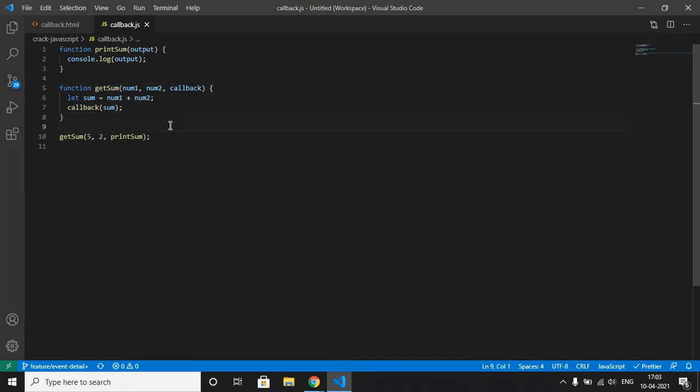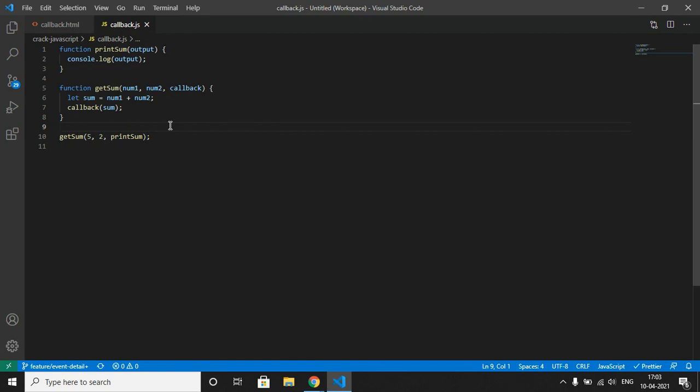Okay, but is that all about callbacks? No, there are many more scenarios that you should know about. But first, why do we need callback functions? As we know, JavaScript runs code sequentially in top down order.